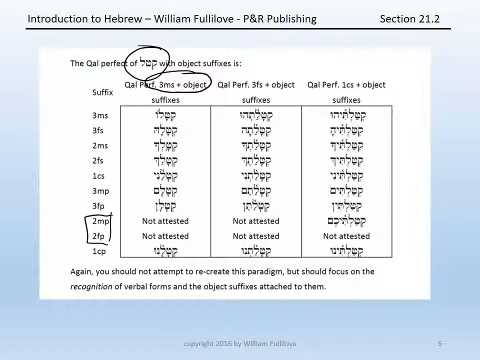The second column above is illustrated by the third feminine singular of the perfect with the object suffixes: qetalatehu, qetalatah, qetalatka, qetalatek, qetalatni, qetalatam, qetalatan. Again, the second masculine plural and feminine plural are not attested. And then the first common plural,